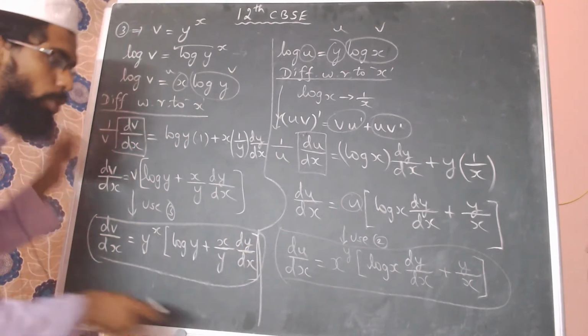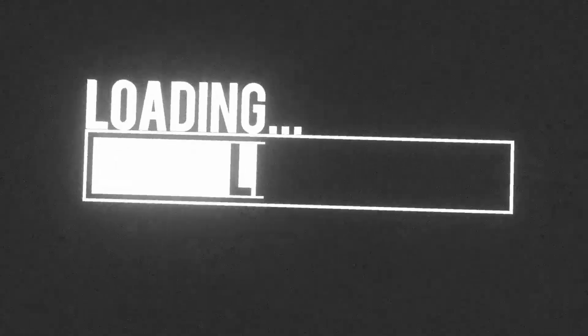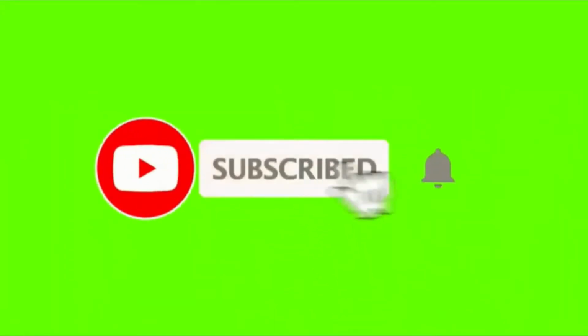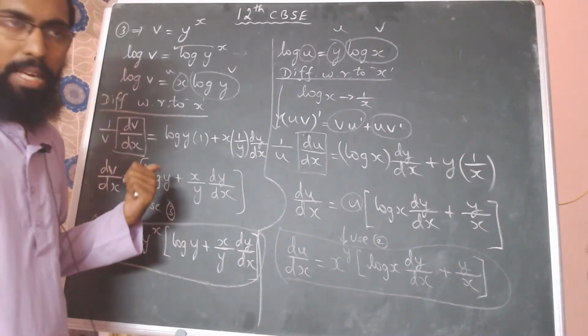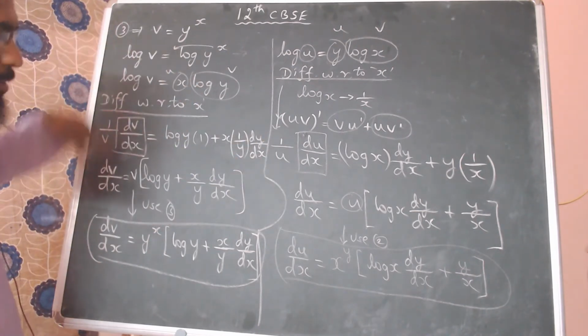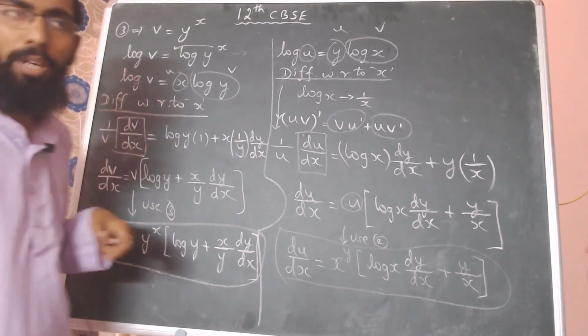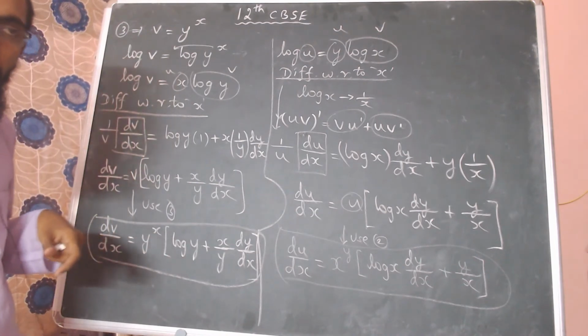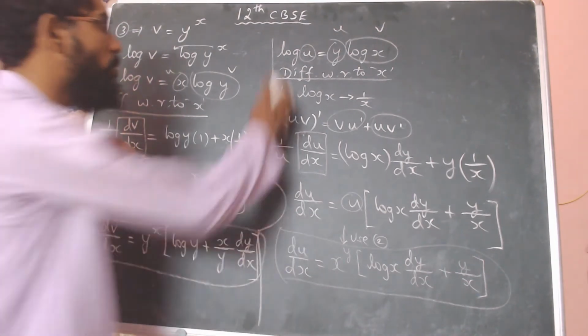So I know du by dx and dv by dx. You would have seen it in the previous step: my fifth equation is du by dx plus dv by dx equal to 0. So substitute these two there.